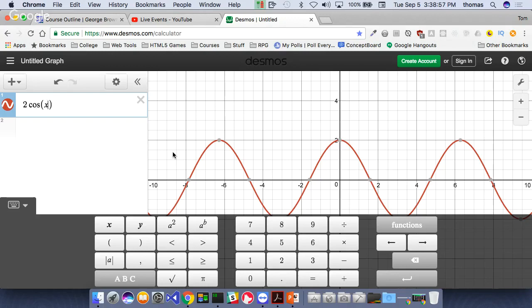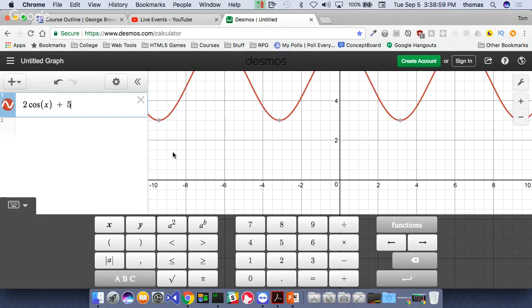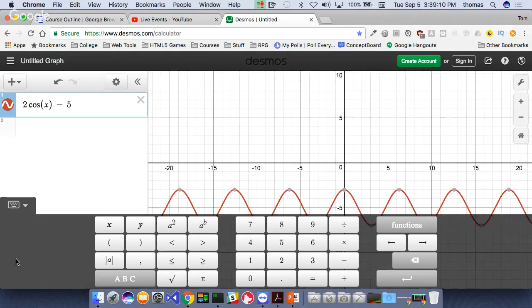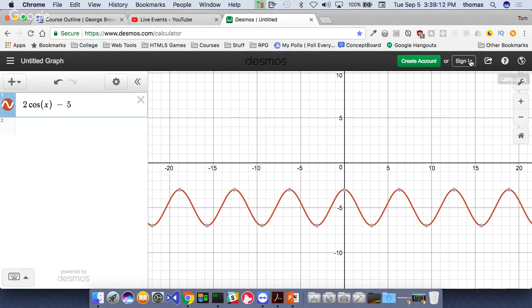And if I add something to the end, like plus 5, you can see that it translates it up, or down if I put a minus, where it is right here. So you can see what this is, a neat little program. You can also export from it if you want to check it out. So please fool around with it, because I will be asking you to make maybe 1 or 2 graphs, just for an understanding perspective.